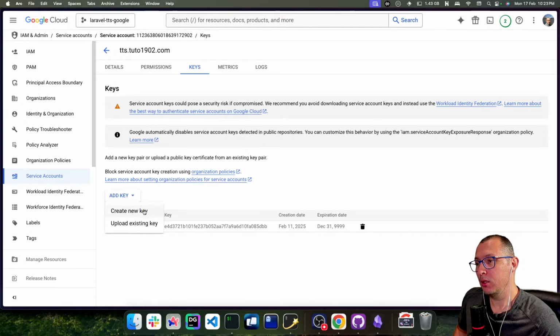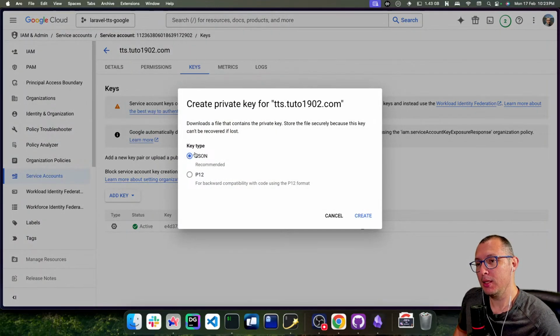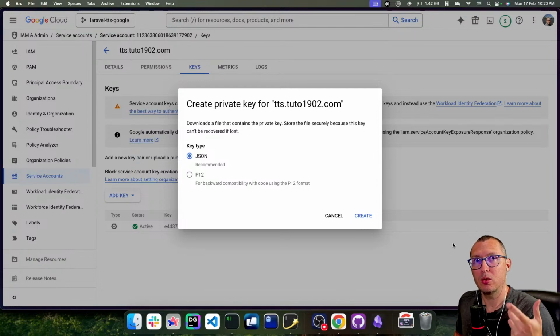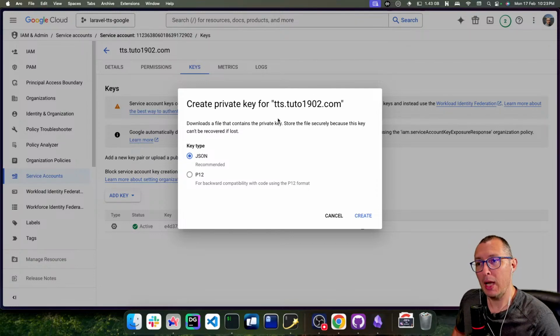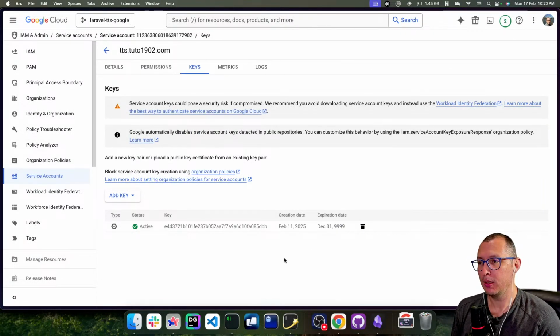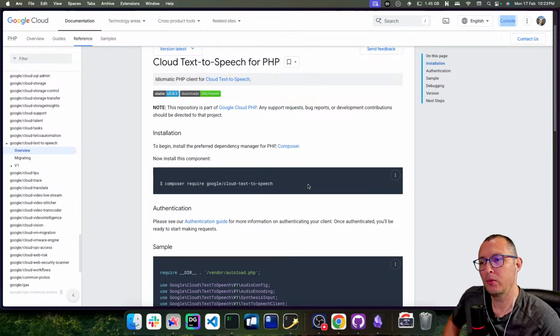So add key, create new key, and then select JSON, click create, and that is going to download a JSON file. That JSON file contains the authentication keys, your public and private key, all the authentication details needed for your application to work. So download that file, keep it secret, and then back in code, following the documentation,